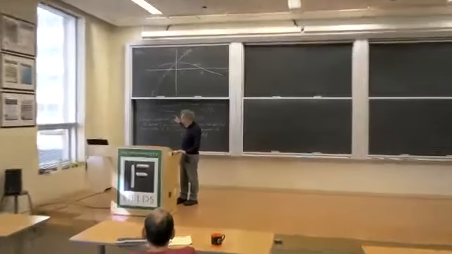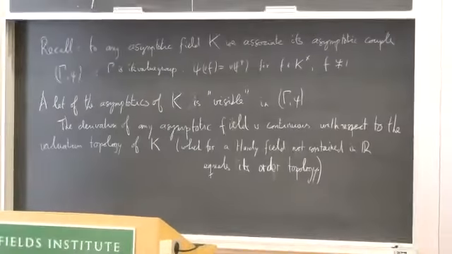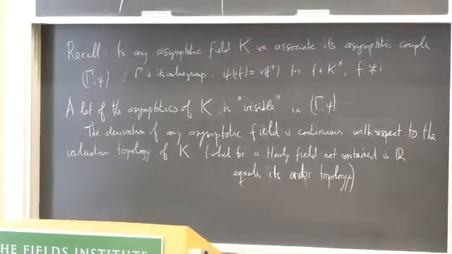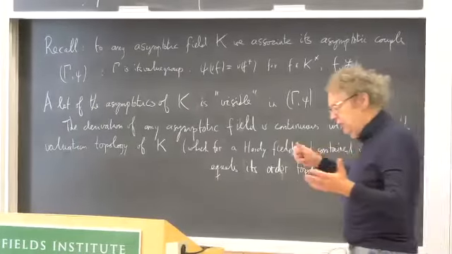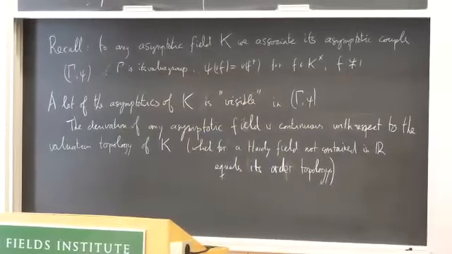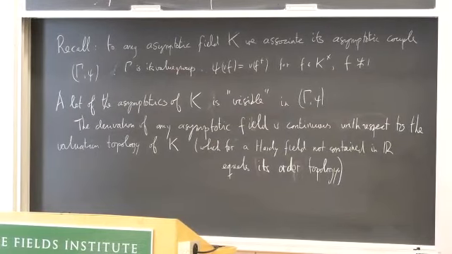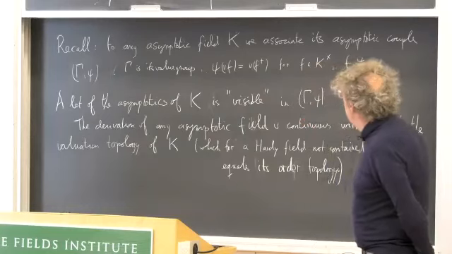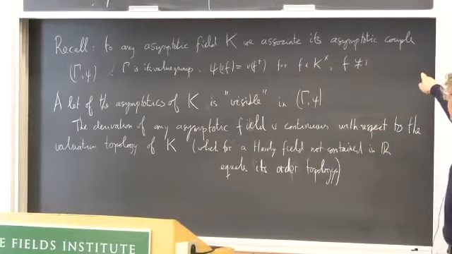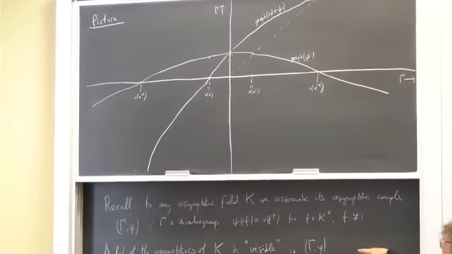Let me get started by recalling that I defined last time what an asymptotic field is. It's a valued field with a derivation on it, such that if you have two infinitesimal elements f and g, then f is strictly dominated by g if and only if f prime is strictly dominated by g prime. Anyway, you can associate to such an asymptotic field its asymptotic couple, which is gamma comma psi, where capital